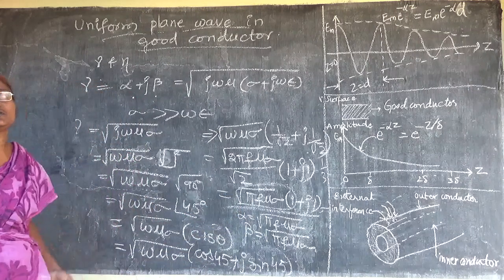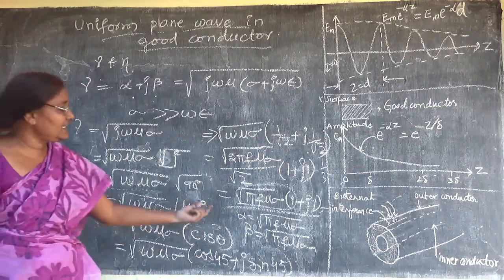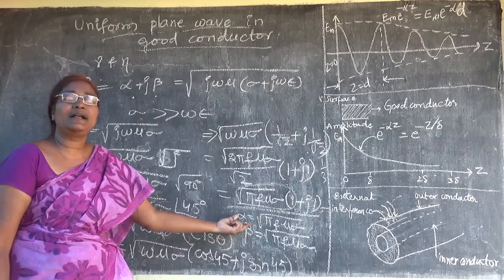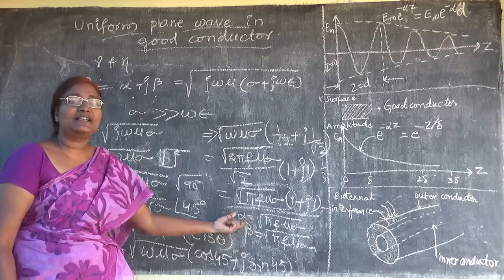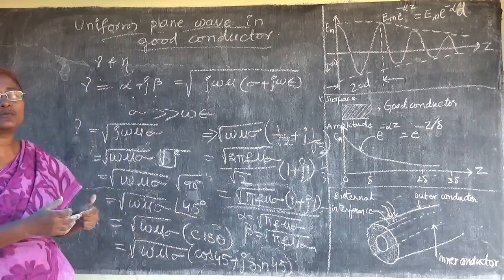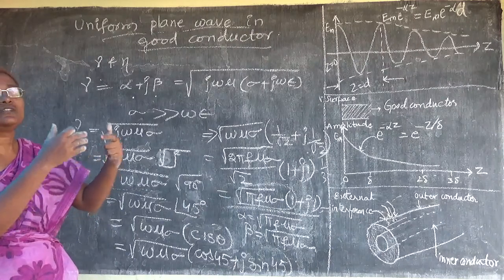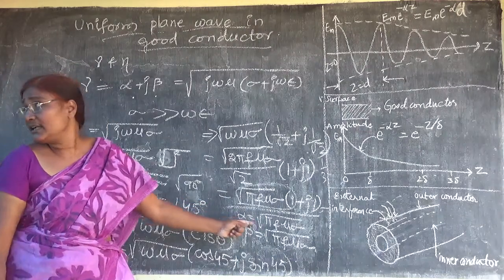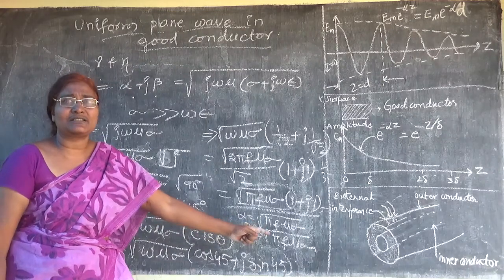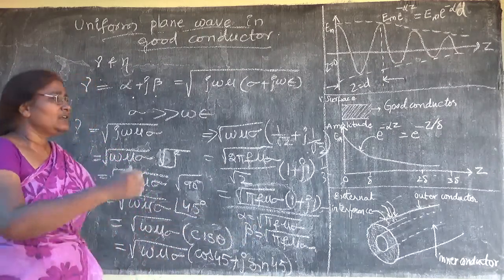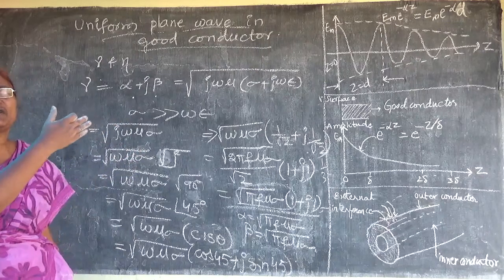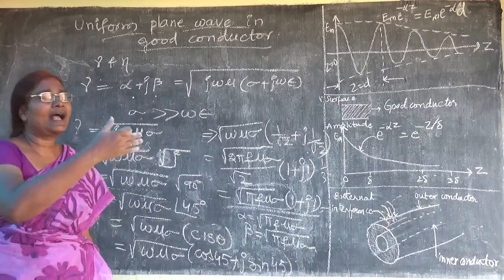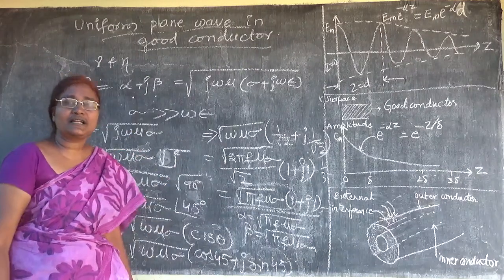will be large and attenuation is very high. What is alpha? Attenuation constant. That means when a wave travels, the wave amplitude will be decreased. So that is called attenuation. So attenuation will be very large. That means suppose a wave of 100 volts travels, then at the destination